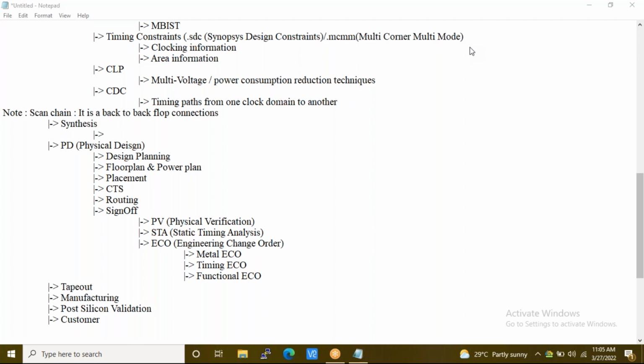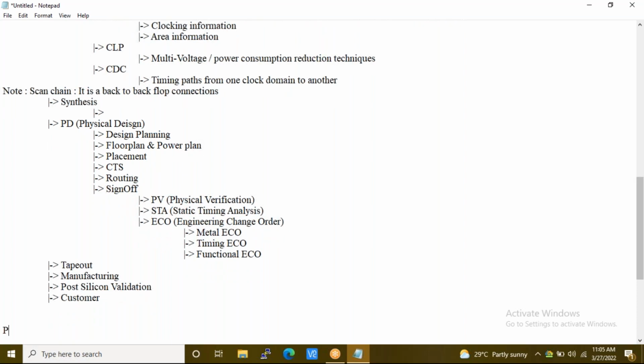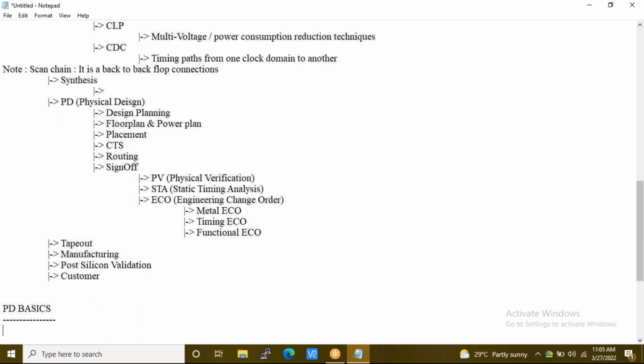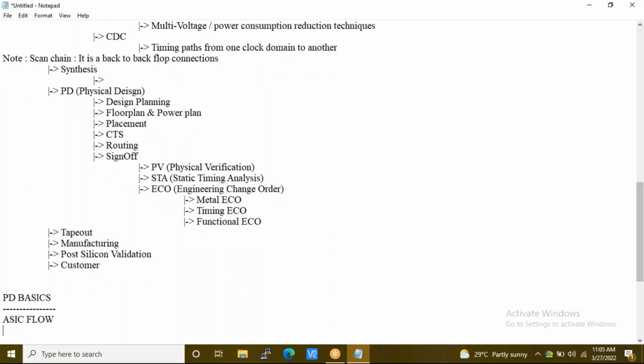But someone who is fresh and doesn't have much expertise, who has gone through the BTech but hasn't done most of the things we are talking about, please write down now what we are going to cover in the basic course. Keep a pen and paper ready and write down what we are going to cover in PD basics. We will be covering the ASIC flow. First, we will teach you what all things are involved in the VLSI design flow.